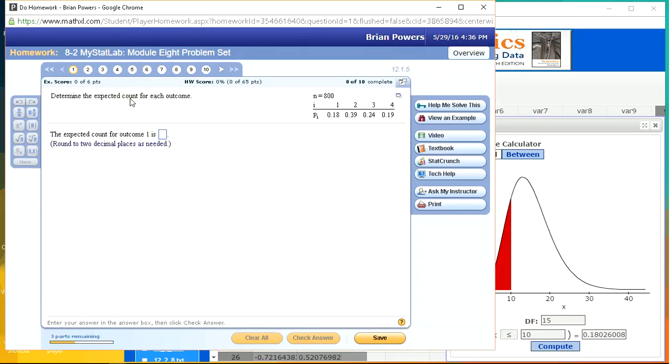Here is a probability distribution. Imagine that you have